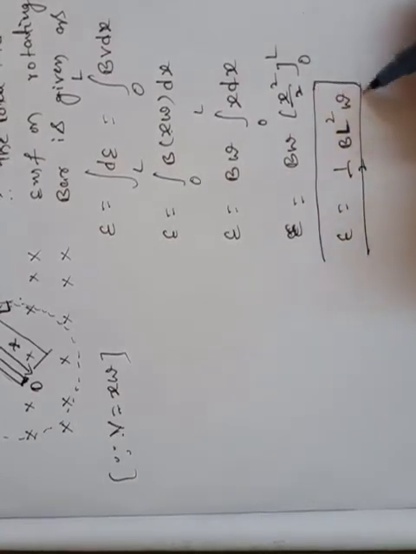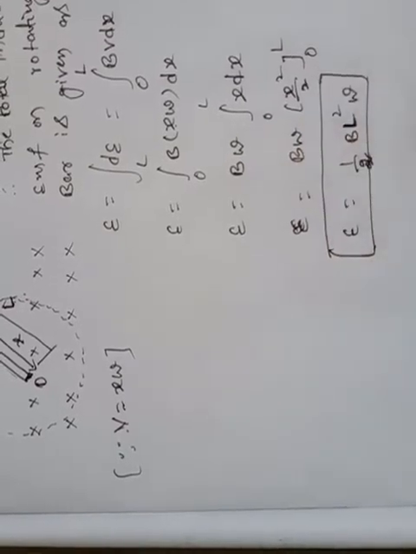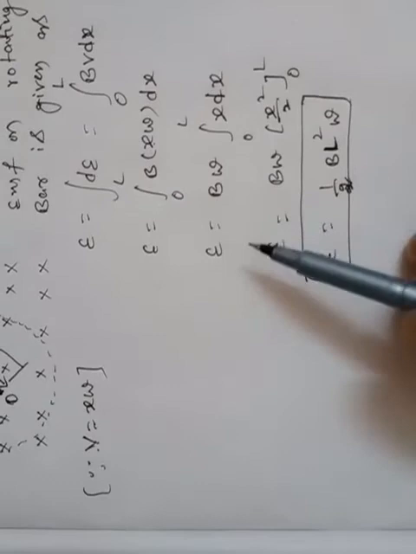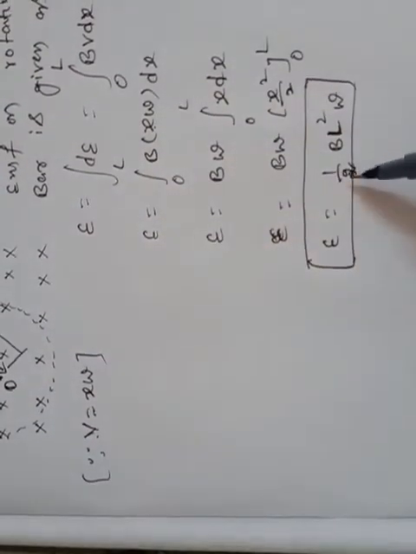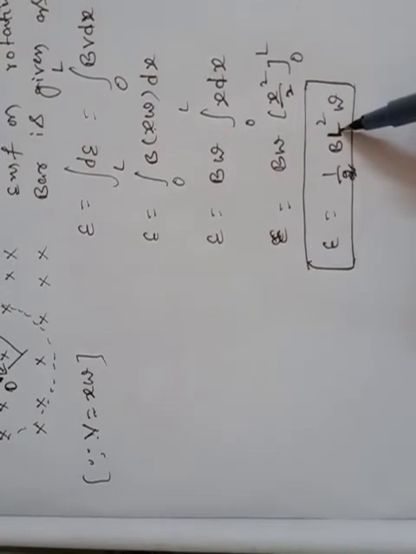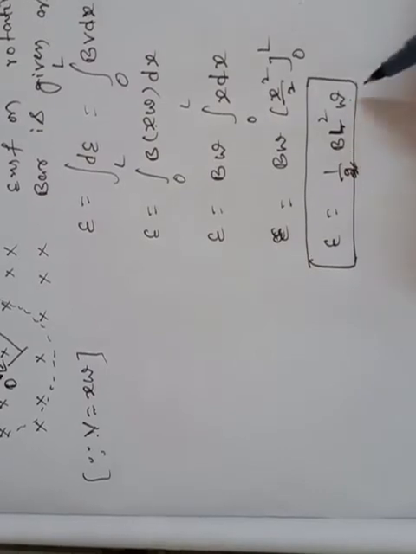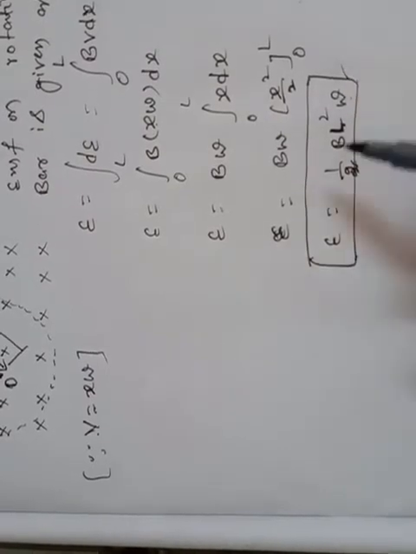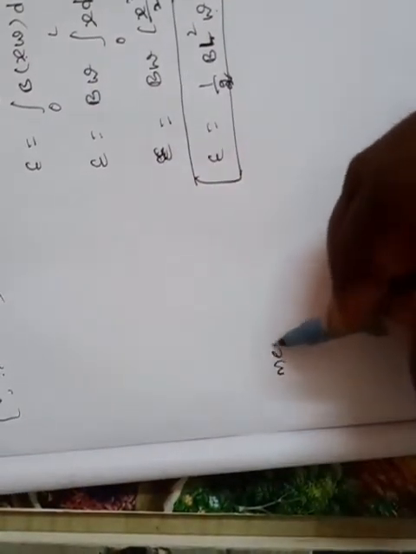So this is one of the important expressions. So directly we can use it for a rotating bar in uniform magnetic field, half B L square omega. Here L is the length of the rod, omega is the angular velocity of that rod, and B is the magnetic field. So directly you can use this expression, and in another way also we can derive this expression. Let's see method 2.